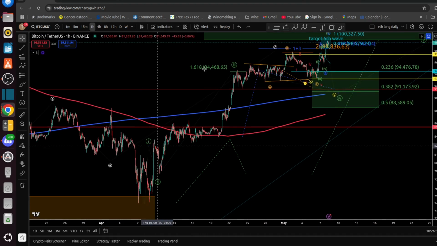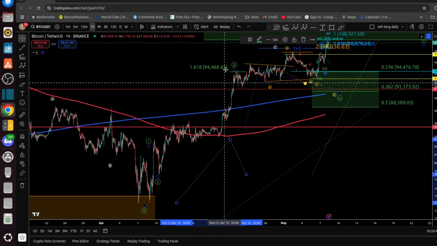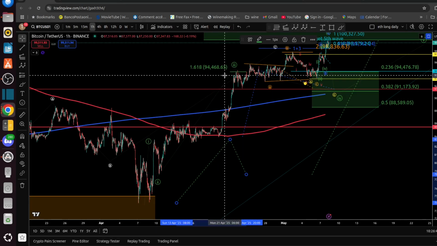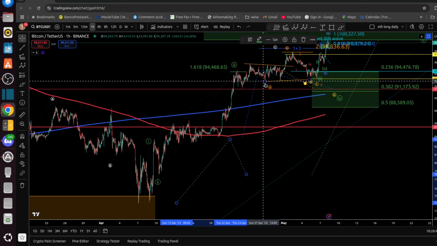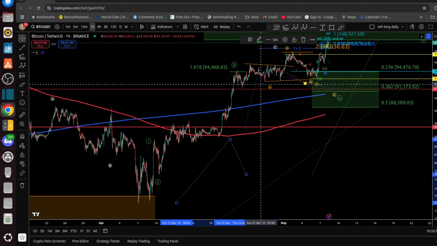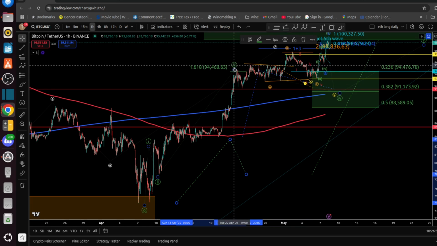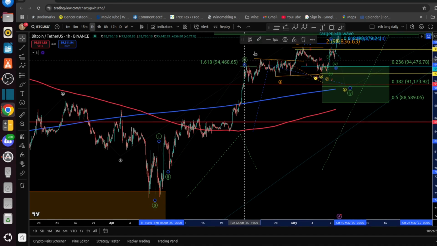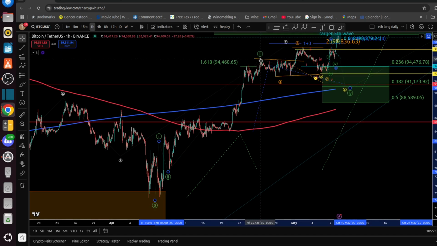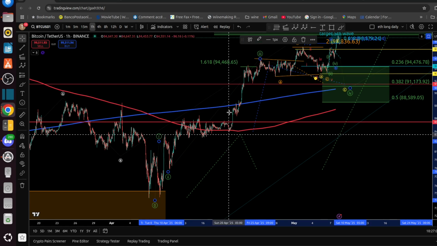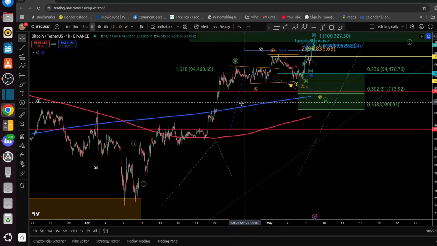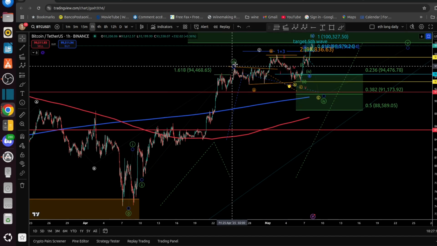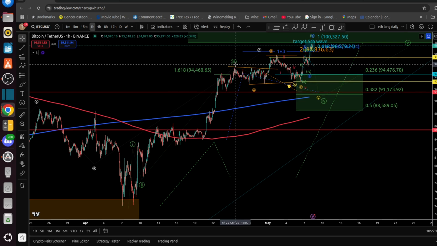So wave 1, wave 2, when I did the fib extension, the 1.618, that's the perfect level. And then I put my third wave here. And then I thought, maybe this is A, B, C, and we should continue to go higher. But at the end, now, because I have more history, it makes sense to put the third wave here. And also the micro counting, 1, 2, 3, 4, 5 did make sense. It's been really a while since I updated this chart. Alright, let's do a deep dive into this chart.